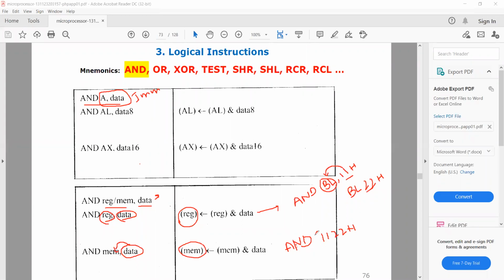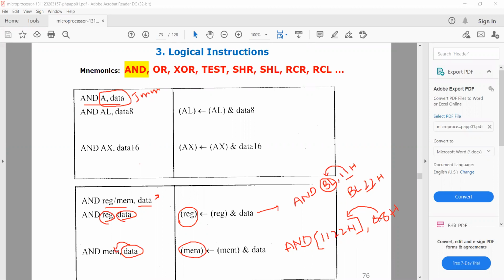Okay, so in order to specify that this is an address, we have to put this in the brackets, comma. Now let us take 8, 8, 8. So here also we are taking only 8-bit data. This 8-bit data will be ANDed with the data that is present in the address. This is the address of the data. In this memory location we have the data. That data will be ANDed with this particular data after converting into binary form.